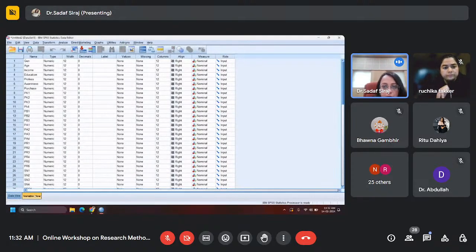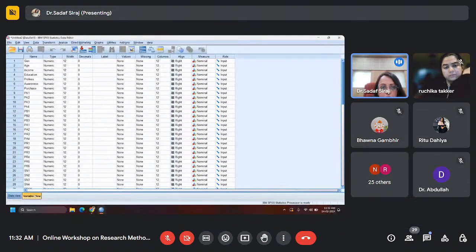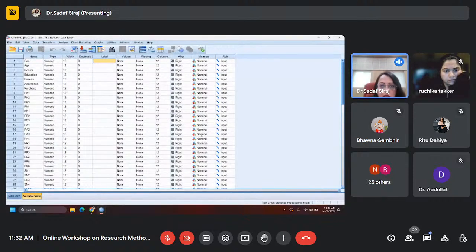Now one problem here is you can see the measures. It is representing nominal in all the measures. Can you see that? By default it takes nominal and the labels are not there. The label is not there, which means the whole question is not there. And the other problem is that it has considered the whole of your data as nominal. Can you see the screen? Yes, ma'am.